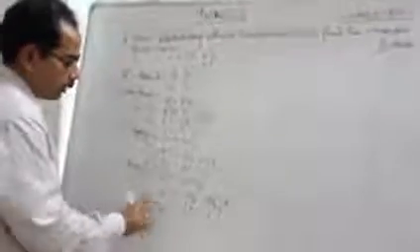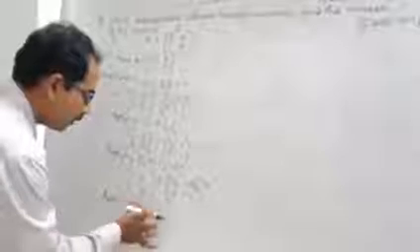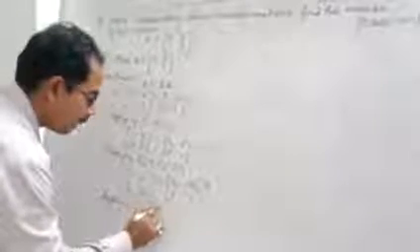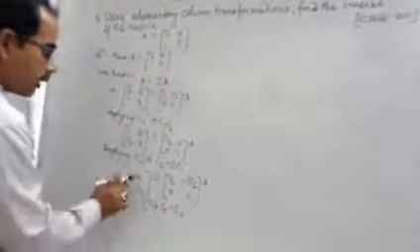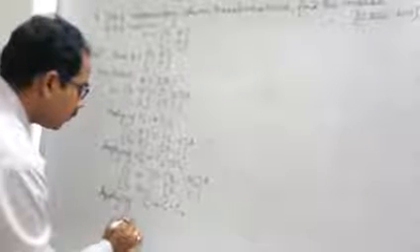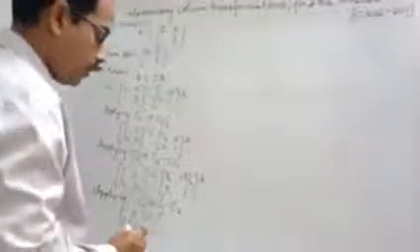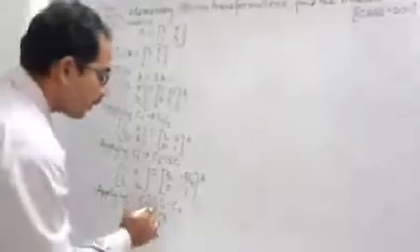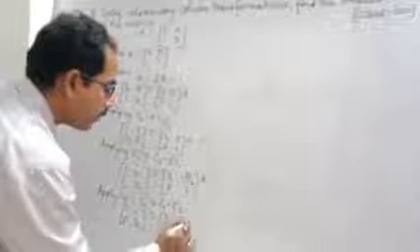Now look at here, 1 0 0 1 anyhow we have to make. So this one we have got. Now this one is half, this one also half. Now applying C1 prime tends to C1 minus C2, because this minus this will automatically give 0 here. So 1, 0, 0, half, equal to half minus of minus 5 by 2 means 6 by 2, that means 3 here. 0 minus 1 means minus 1, and here no change, 5 by 2, 1A.